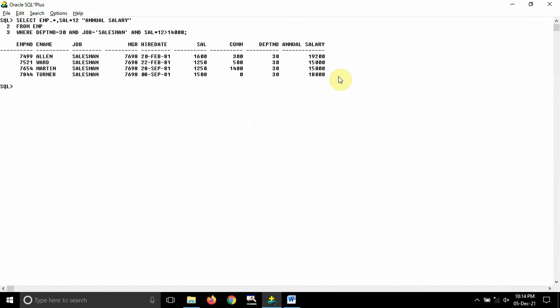So like this you can write a query carefully. Here employee number is being displayed, employee name, job, MGR, hire date, salary, commission, department number. So up to department number is my original table. After that I am displaying this additional column with the help of this dot star format, guys. I explained this in my theory classes. So I hope you got it. Otherwise you can see my theory videos, guys. They are also present in the same playlist. Just check it out. Got it?